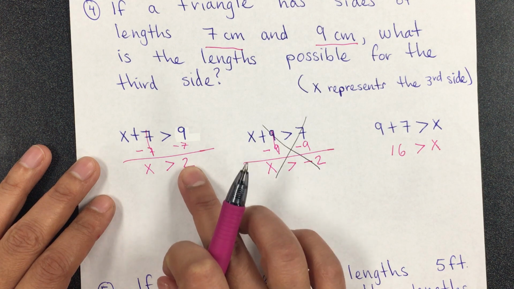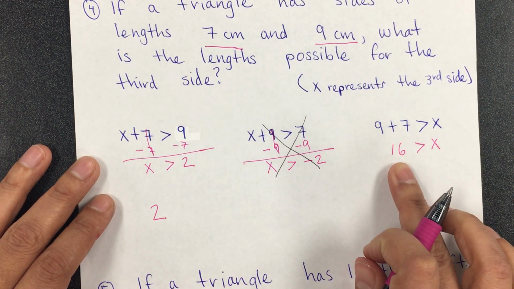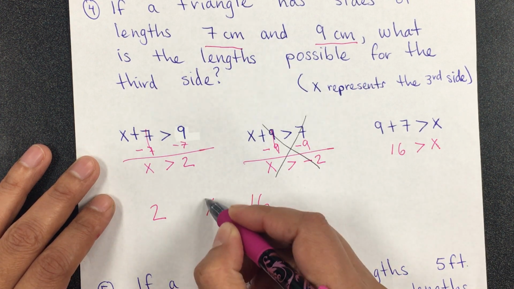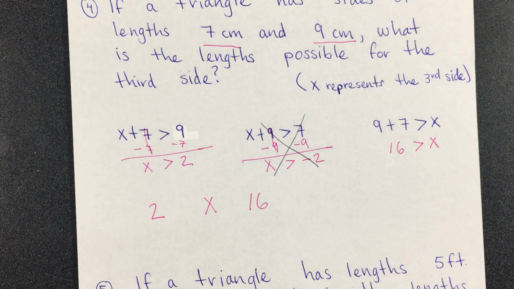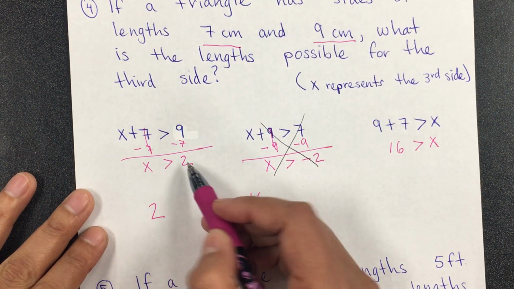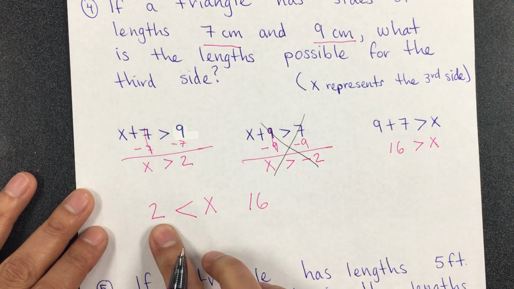You just get the smallest of the two numbers, which is 2, the biggest number, which is 16, and you put x in the middle. And in here it says that x is greater than 2, meaning that 2 is less than